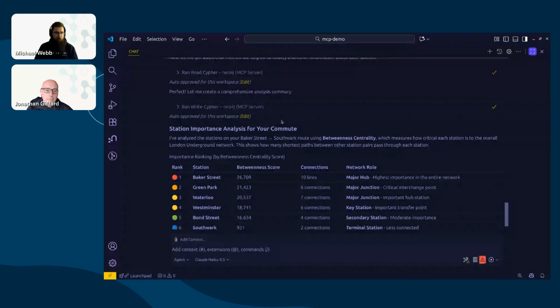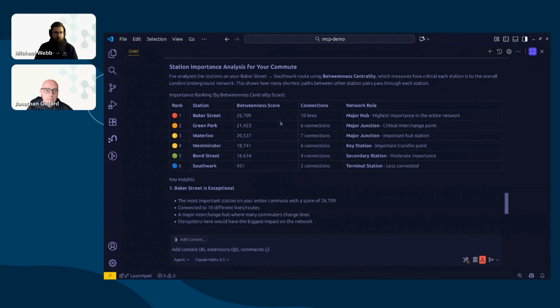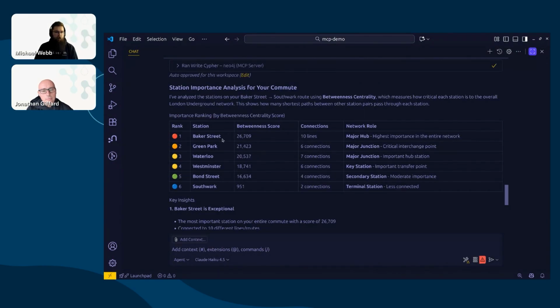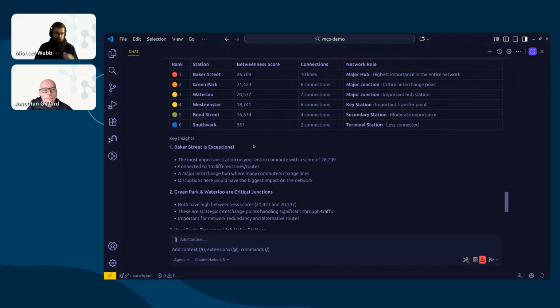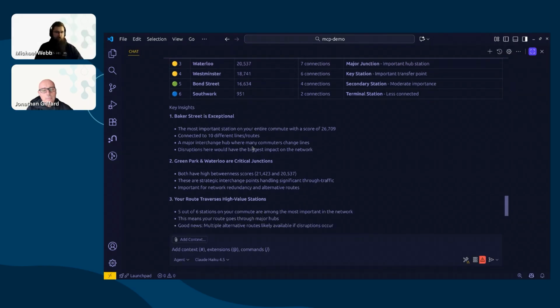It's making all the necessary things it needs to do this projection. And we have Baker Street as the most important station, which is correct. It's the highest importance in our entire network. And it obviously goes on to explore why that is, and very interesting.